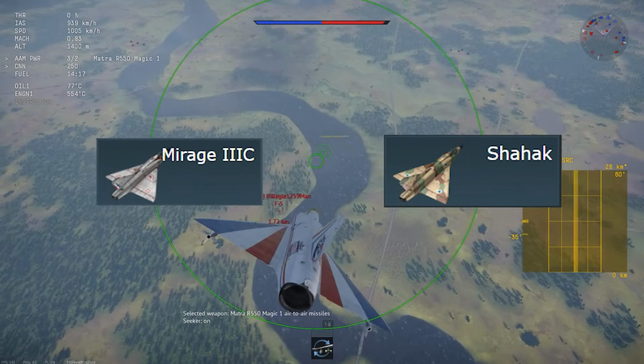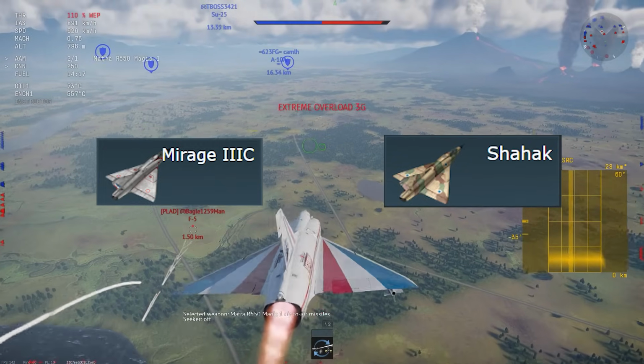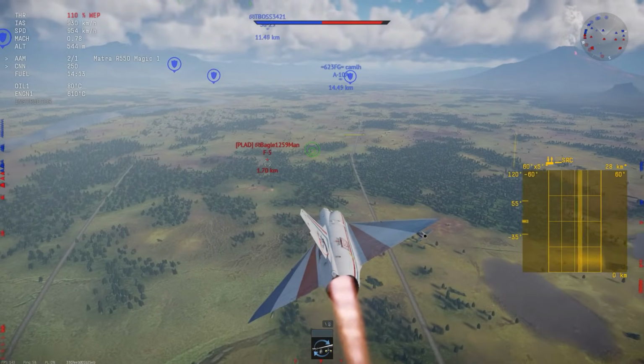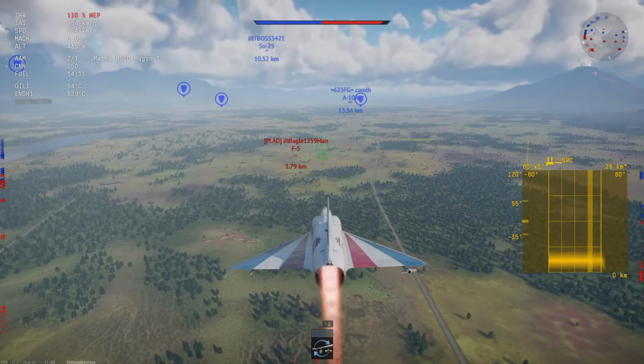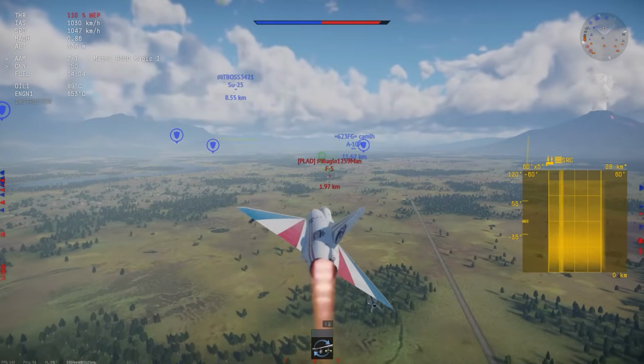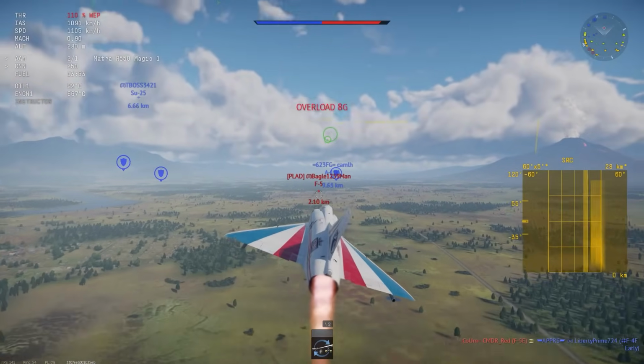The 3C in the French tree and its slightly downgraded export variant, the 3CJ, in the Israeli tech tree, indigenously known as the Shahak. These are very potent fighters at 10.0, although their playstyle is much more conservative than other funny planes around this BR. There is no sugarcoating this, the Mirage 3Cs have no flares,